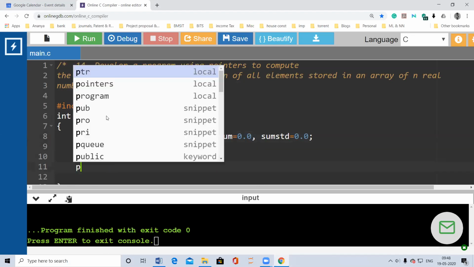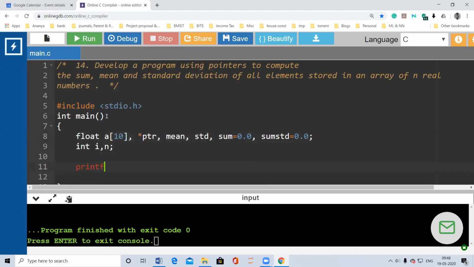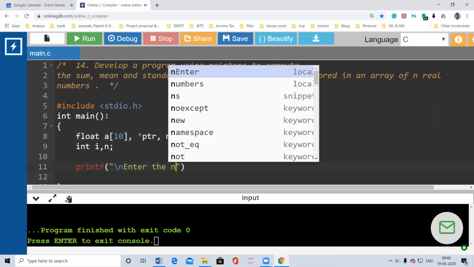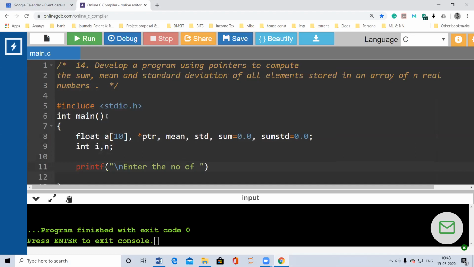Okay, so first thing, we will accept the numbers in the array. So I say backslash n, enter the number of elements. Enter the number of elements.